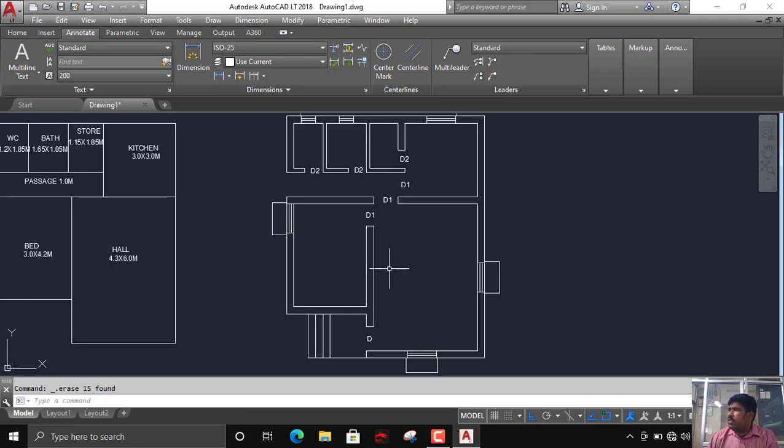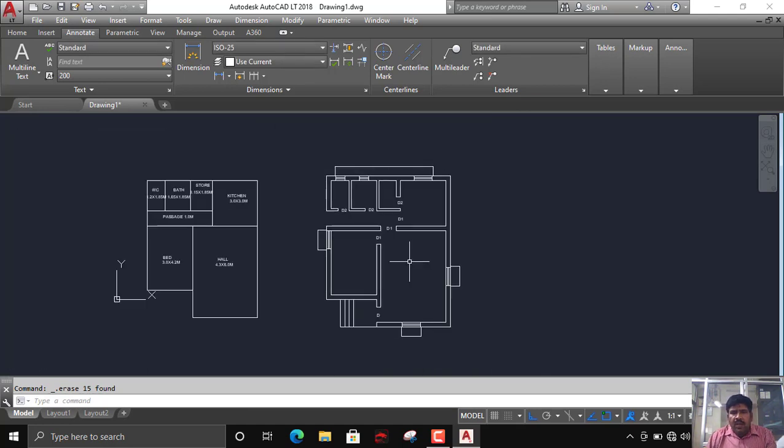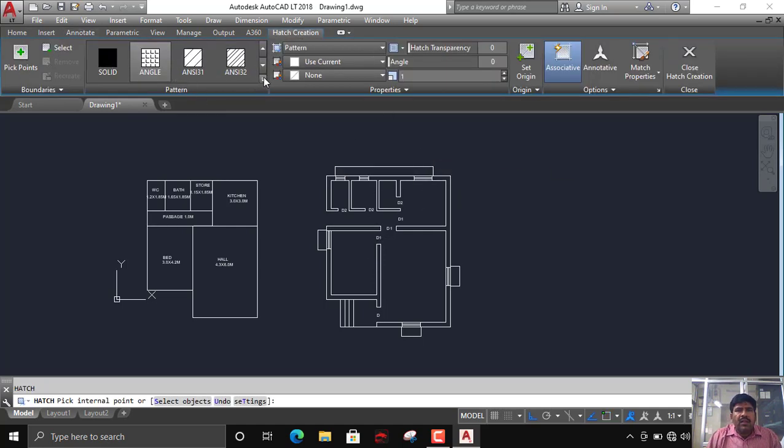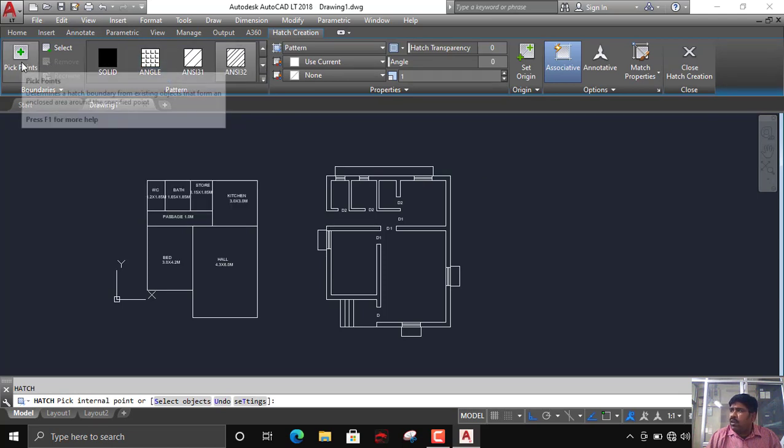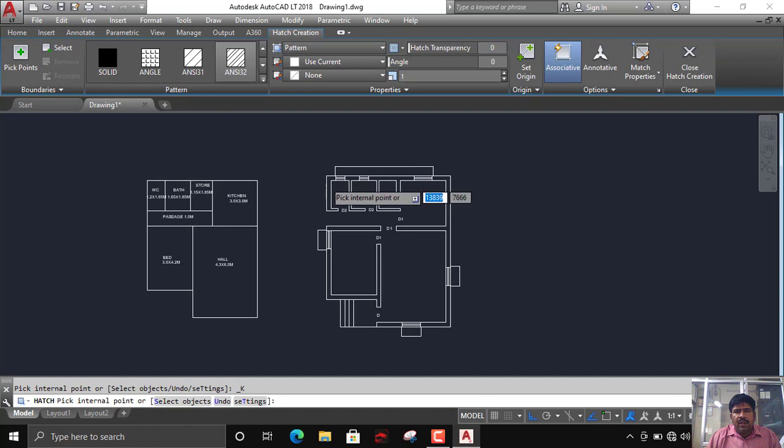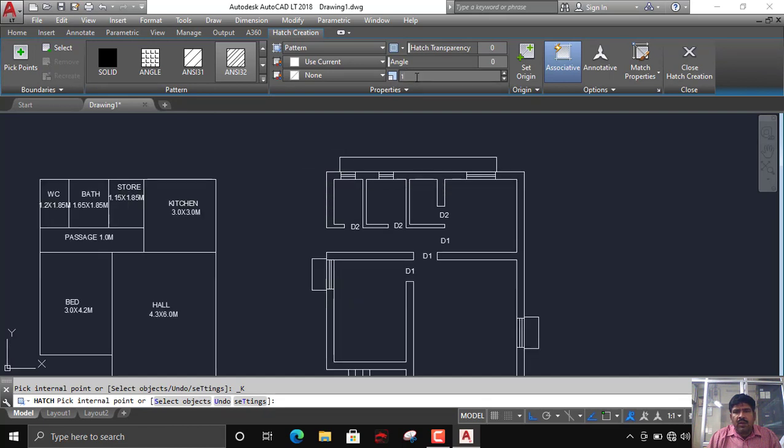Window, door, Chajja. If you want to hatch these things, you can hatch. For that you have to select the hatch, then select a brick point, then select this. You have to increase here up to 500 probably.